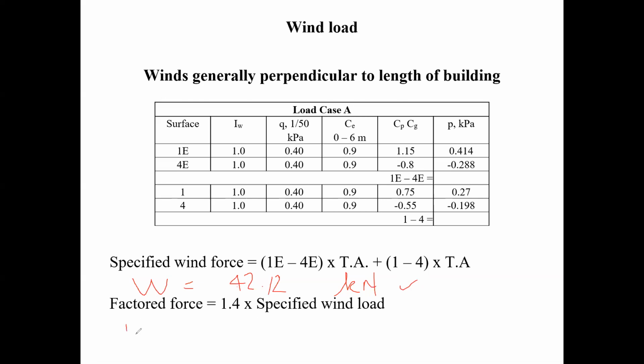Now, of course, my WF factored. This is my load factor for wind. If you remember case number 4, where the wind is the principal load, you have to take the 42.12 and multiply it by 1.4. That's going to give you your factored load. In other words, your PF here, or your P, your wind factored load is